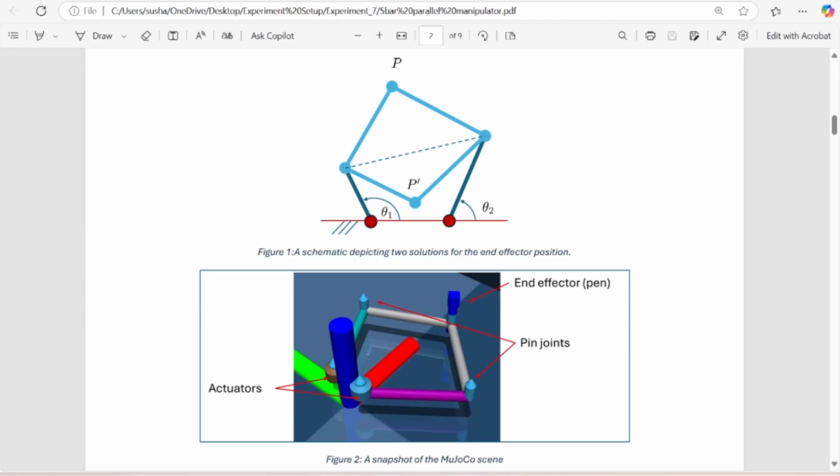So when I change theta 1 and theta 2, what will happen in this simulator? The position of the pen is going to change, and that is what we are seeing in our first task, which is the forward kinematics of this. Now, if you want to develop the forward kinematics equation, you have to write the closed loop equation and then solve it, which is also not very difficult. It can be done. Maybe you can try it. So this is the first one.